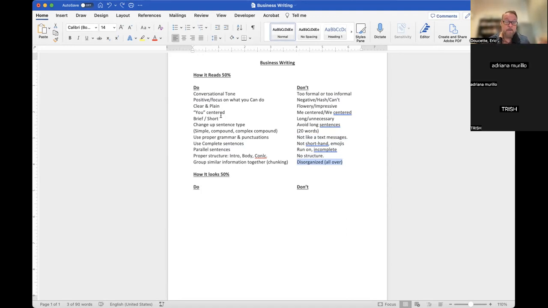But the other side that most students miss in this class, and this is equally as important, is how it looks. And this is 50% of it as well. When I go to grade your document, your rubric usually looks like this. It says content: did they format it like the kind of document it was supposed to be formatted? Is it written well? Is it clear, plain, simple language? That kind of stuff is worth 20 points. Then I have readability for another 20 points. Is it readable? Did you use headings?